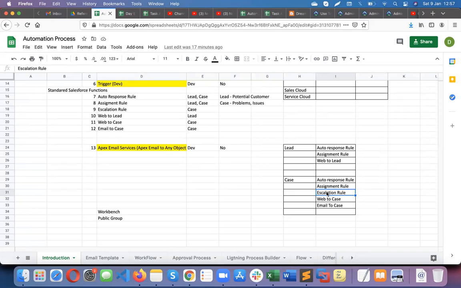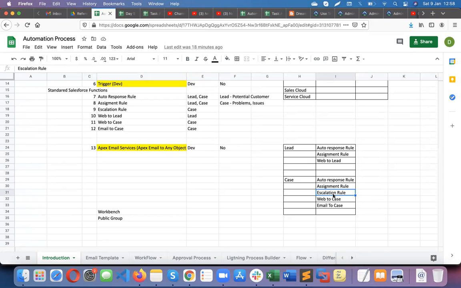Let's assume a case is created today, it's a high priority case and it's assigned to one user, and he didn't close that case for one day. Then the system will automatically escalate that case to their managers, basically the tier 2 or tier 3 team, depending on the hours you set up. If the case is not resolved in a specific timeline, then it will escalate automatically. These functions are automatically available in the case object, but not for any other custom object. We have to build it ourselves. If you are using the case object, you can easily adopt all these actions, right?